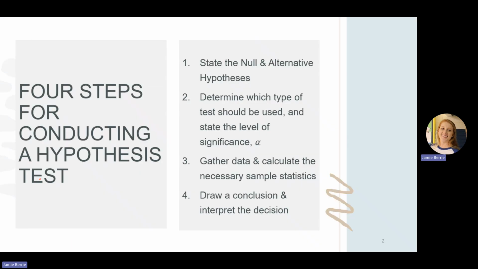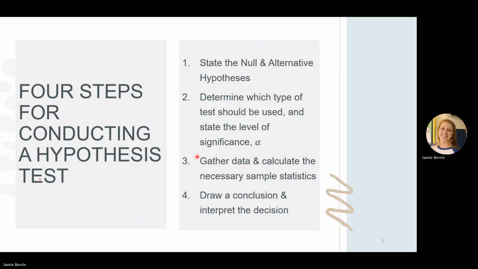Just to remind you, these are the 4 steps that outline our hypothesis test. We begin by stating our null and alternative hypotheses, that's H0 and HA. Then we figure out what type of test we are going to use. We state the level of significance alpha. Again, that's given to us in these problems, but in real life, you would look at previous studies and see if there are any traditional or historically used alpha levels